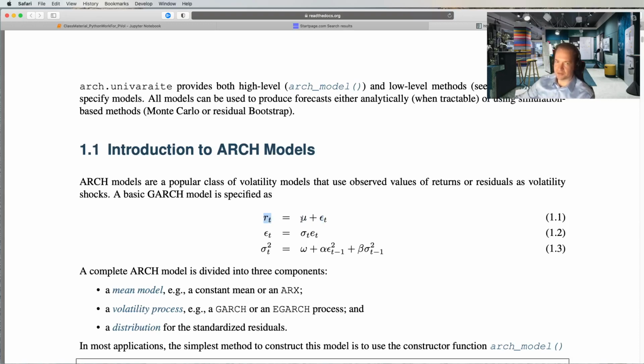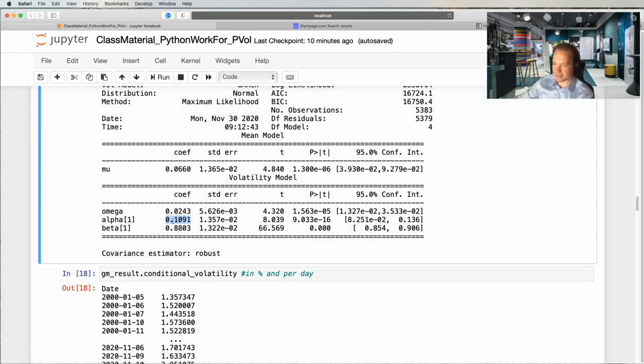If mu was 0, it's not 0, but it doesn't matter for my analysis as of now. So you see, if the alpha was really large and the beta small, GARCH and the squared return would be similar to each other. In our estimation, the alpha is only 0.1, right? So only 10% of the 1,